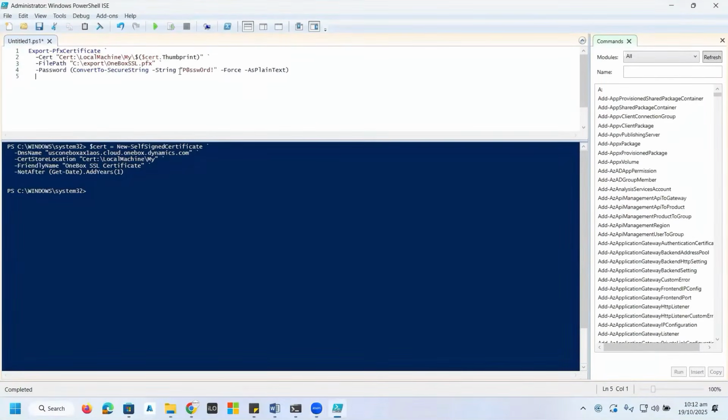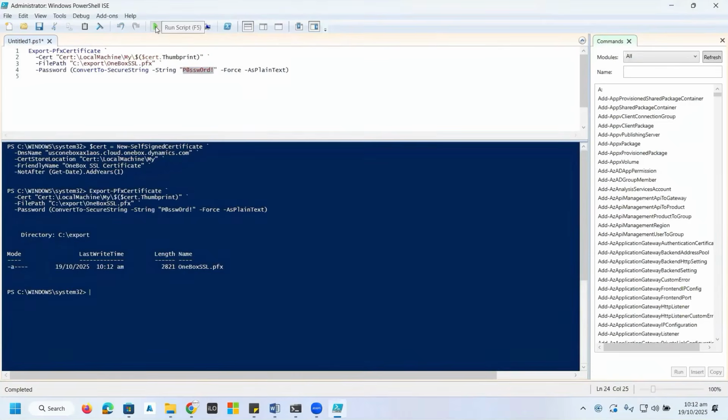Here I simply use just a demo password. You can use a complex password. So here I typed it again. I just click to initiate the process, and here the certificate is exported to my specified location.